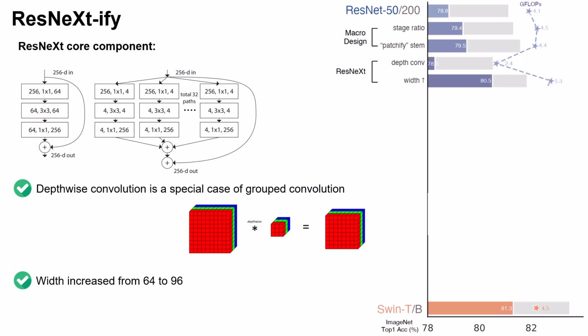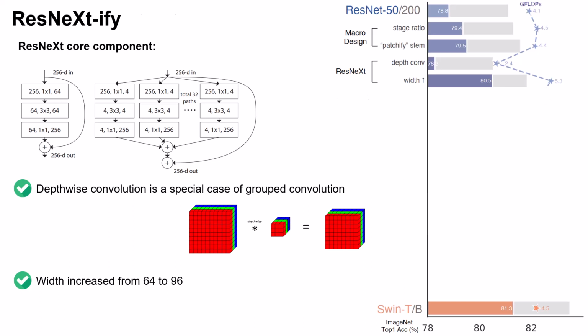And by doing that, the performance increases to 80.5%. But the gigaflops also increases to 5.3. So you might say, yeah, we could do the same thing without using the stepwise convolution, and you are totally correct. But if you do that, you will end up having much higher gigaflops. And by doing this, we kind of do an engineering technique that we increase the performance while the gigaflops wouldn't